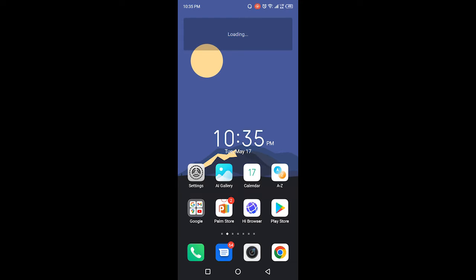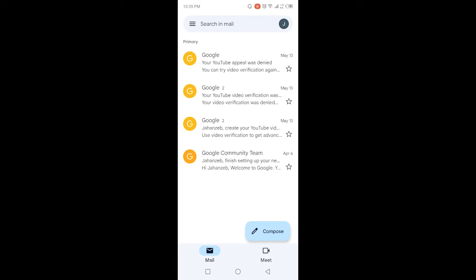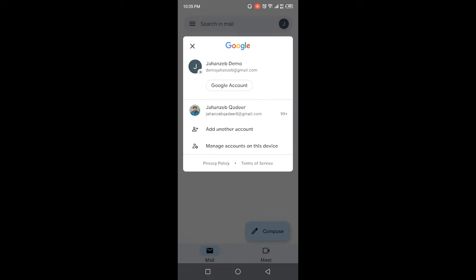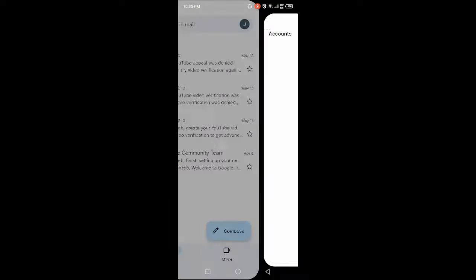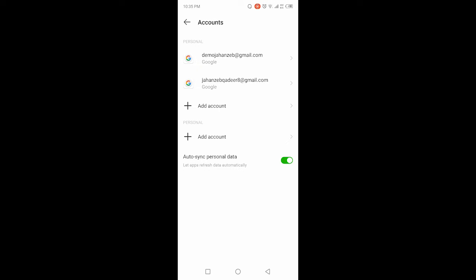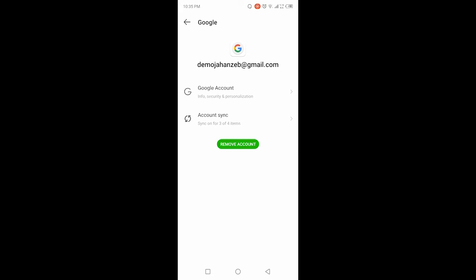The first step is you need to open Gmail and click on your profile picture in the top right, and click on manage account on this device, and then you need to click on your account, and here you need to click on Google accounts